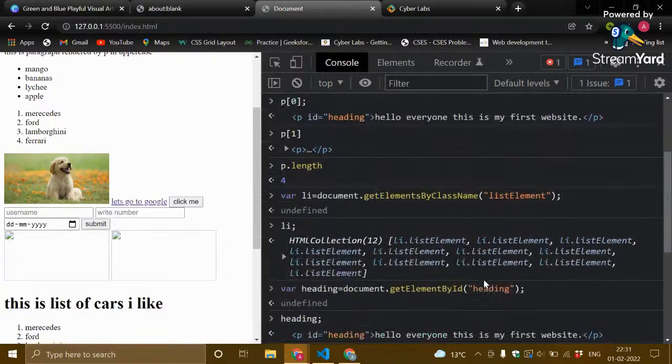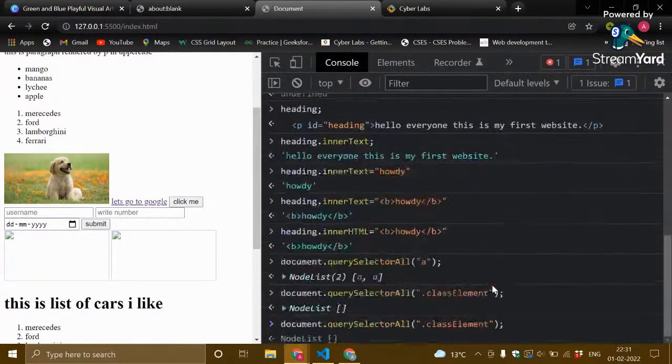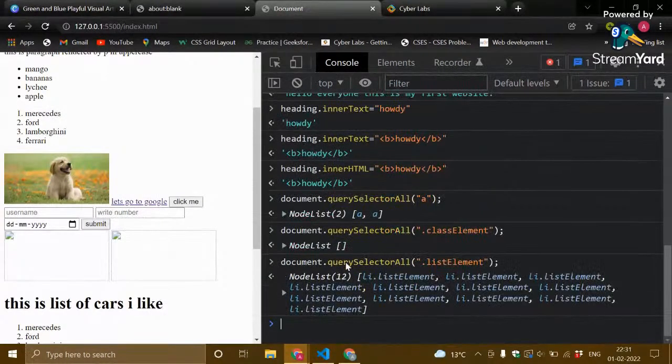Oops, sorry, the name of the class was list element. So we can also select all the elements of the class list element using query selector all, and putting a dot in the beginning representing that this is a class. If you wanted to select